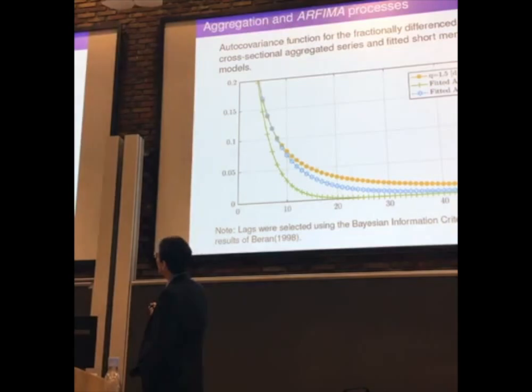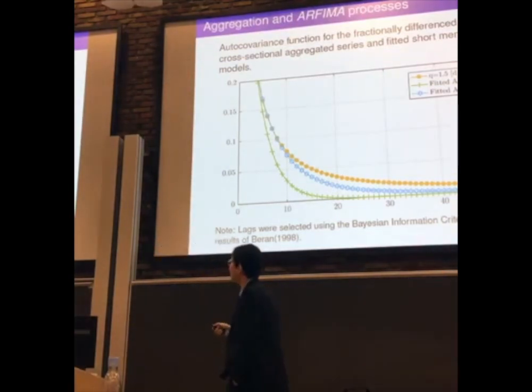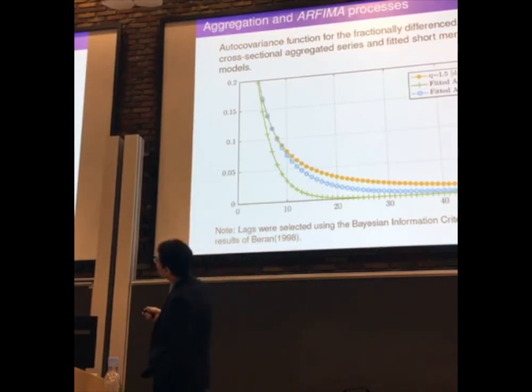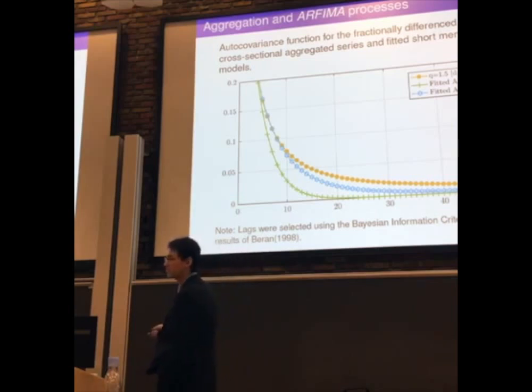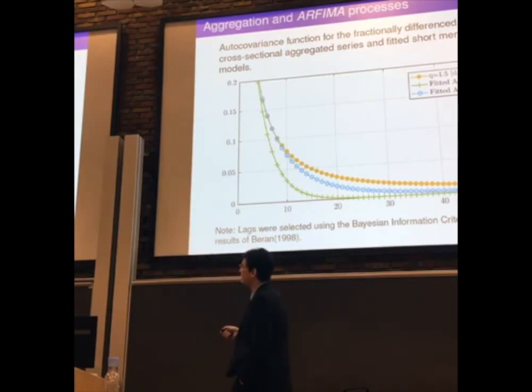So here we fit an AR process, using the lags, using the information criteria. So with just a pure AR process, we are able to capture, I would say, even to the 5th lag. It's close enough to the theoretical one. Yet, in the case of the AR, it's a short memory process. So after 20, it's just 0 from there on.